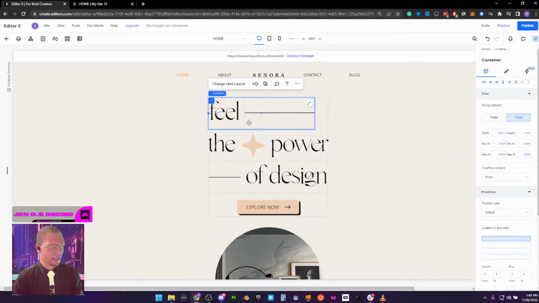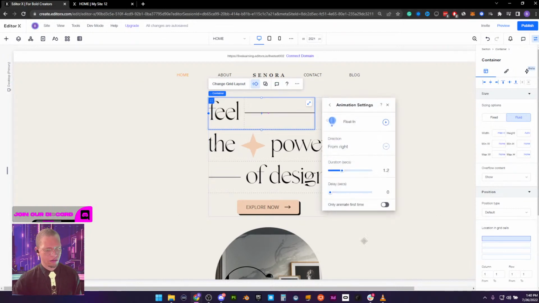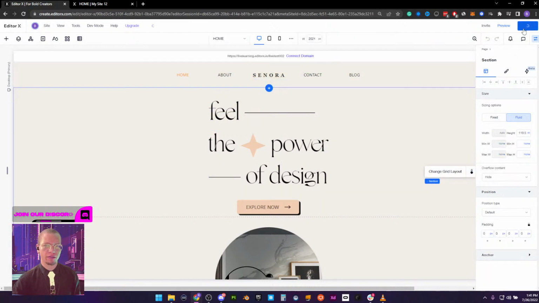All right, let's go ahead and set this. Let's go to containers. Let's go back to animation, float in. Let's go to customize, duration, float in from right. Duration is 1.2. All right, let's just go ahead and say animate one time. Let's go back to publish.